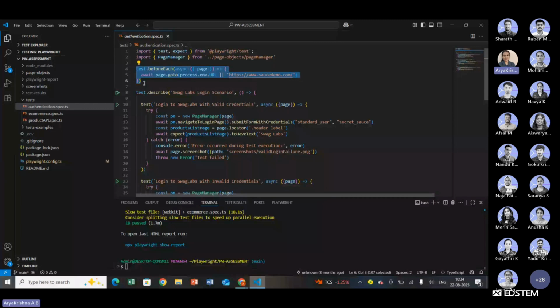One of the hooks that I have used here is called beforeEach. This hook will be executed before each test, as the name mentions. So say this is the first test, this is the second test, this is the third test. So this